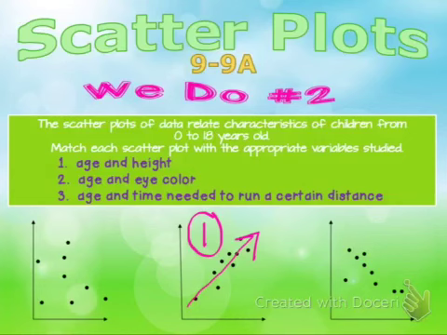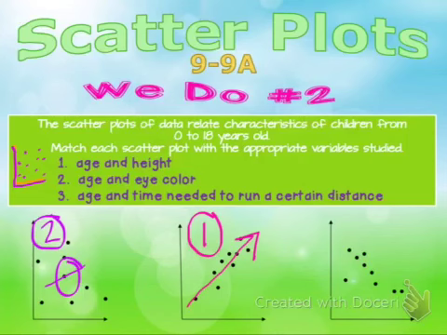Then let's look at number 2. Number 2 tells us that it's going to be a situation where we're comparing our age with our eye color. So we could take data from like a little 1-year-old, and they might have green, different ages, and these are basically going to be all over the place because there is no correlation between your age and what your eye color is. So this would go with number 2, which kind of makes the last one easy, but I want you to